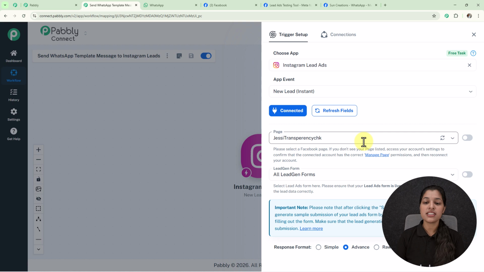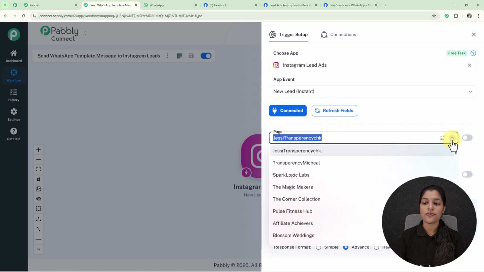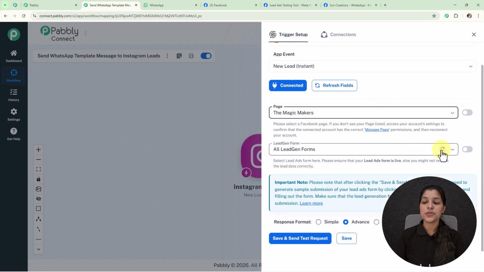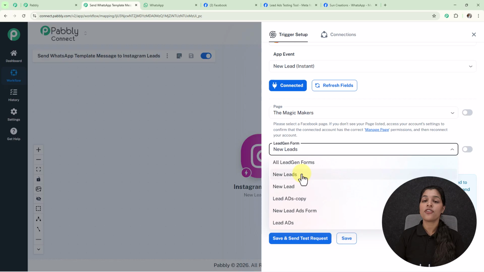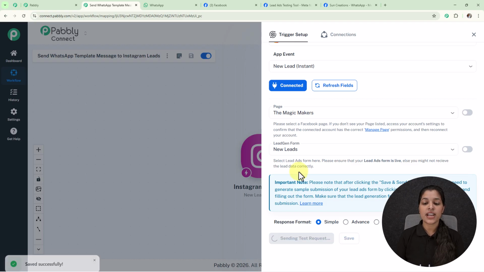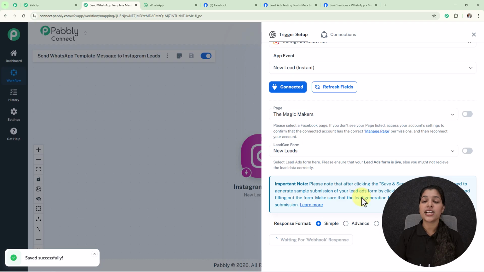of the fields. The first field is for selecting the page. From here I'm going to select my page, that is the magic makers, and I'm going to select my form, that is new leads, as I want to receive the leads of only this particular form. And if you want to receive the leads of all the forms created under this page, then you can even select all leads and forms also. Now I'm going to select my response format as simple, so that I can get the response in simple format. Now let's click over the save and send test request button, and here it is waiting for the webhook